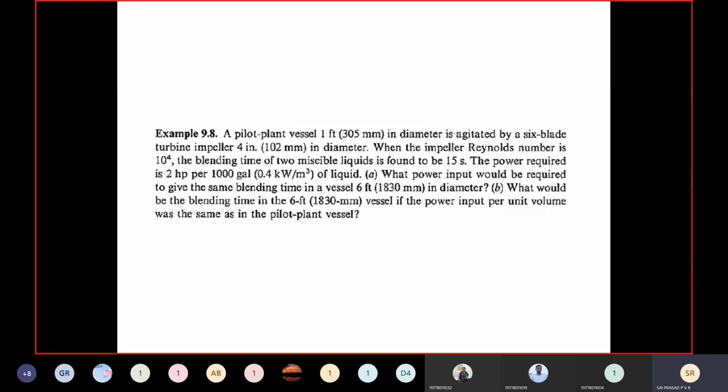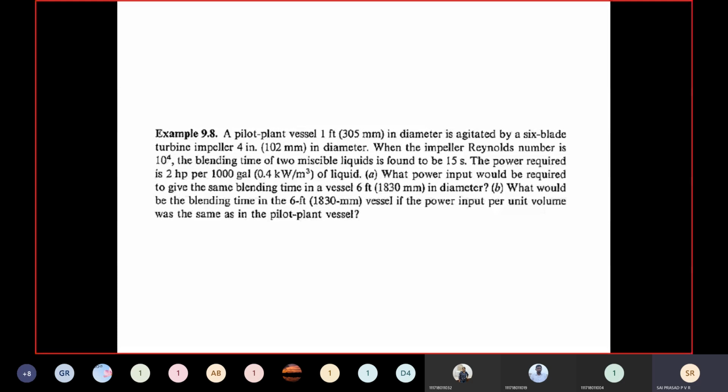But one thing we are supposed to keep constant, what is that? That is power consumed in the given vessel per unit volume of the liquid. It should be kept constant. Power is measured in kilowatts. Volume of the liquid is measured in meter cube of liquid. So this parameter, that is kilowatts per meter cube, should be the same as we go from laboratory vessel to pilot plant vessel to large process vessel.